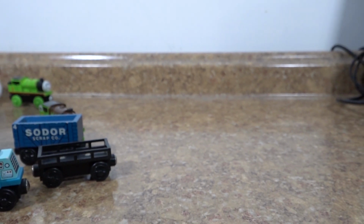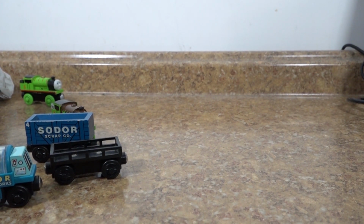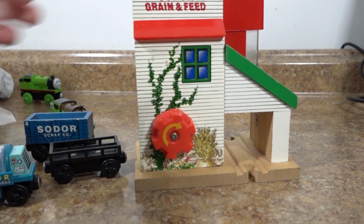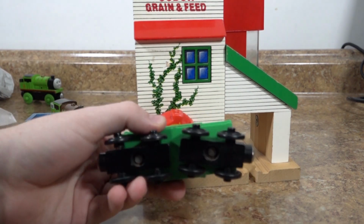Okay, this is something I've wanted for a while, and I've been searching for it for years, but I can never find it for a good price, and I can never find it with the car. Today, I finally have it, something that I've kind of been obsessed with for a while, or just always wanted. I finally now have the Sodor grain loader and the grain and feed car, or...